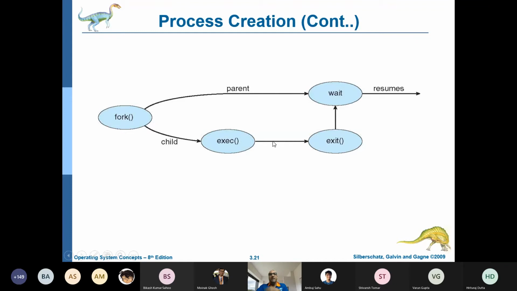Then the child process becomes a separate, new process. Otherwise, it's a replica of the parent process, right? After the exec system call, the child process is a new process, with a new program embedded into it, and those statements will be executed. And then upon completion of the child process,